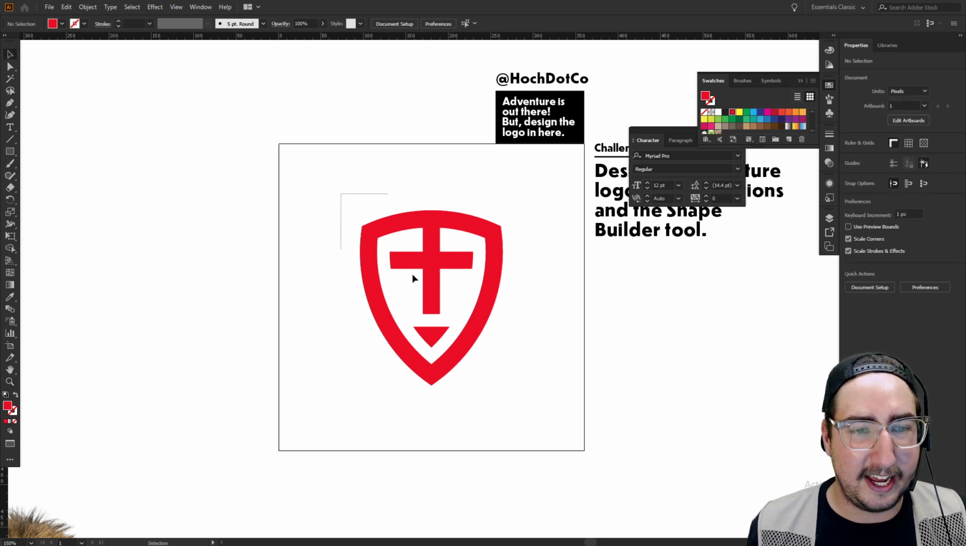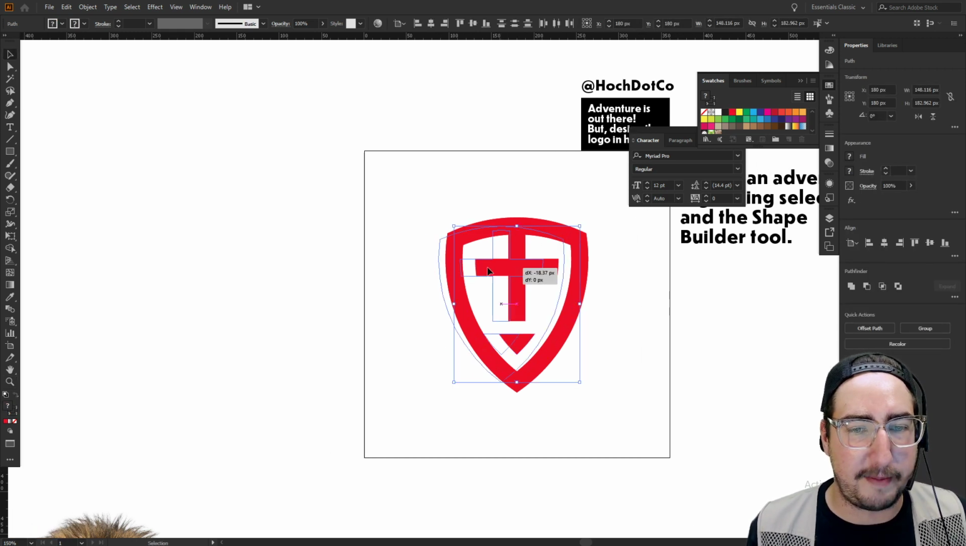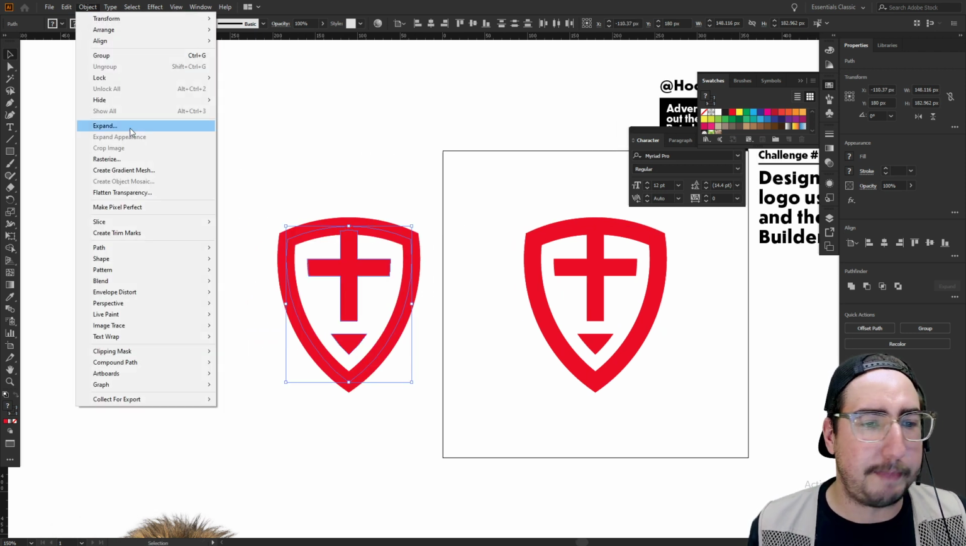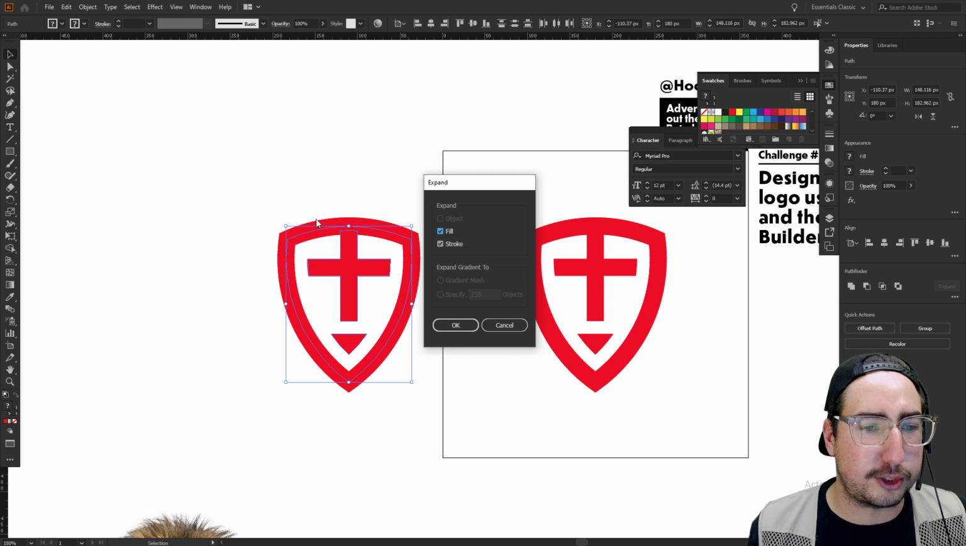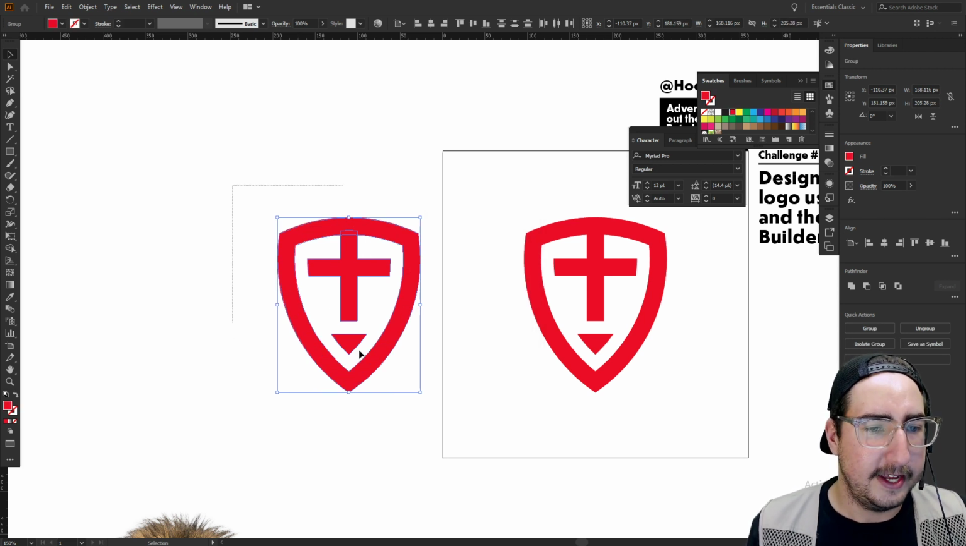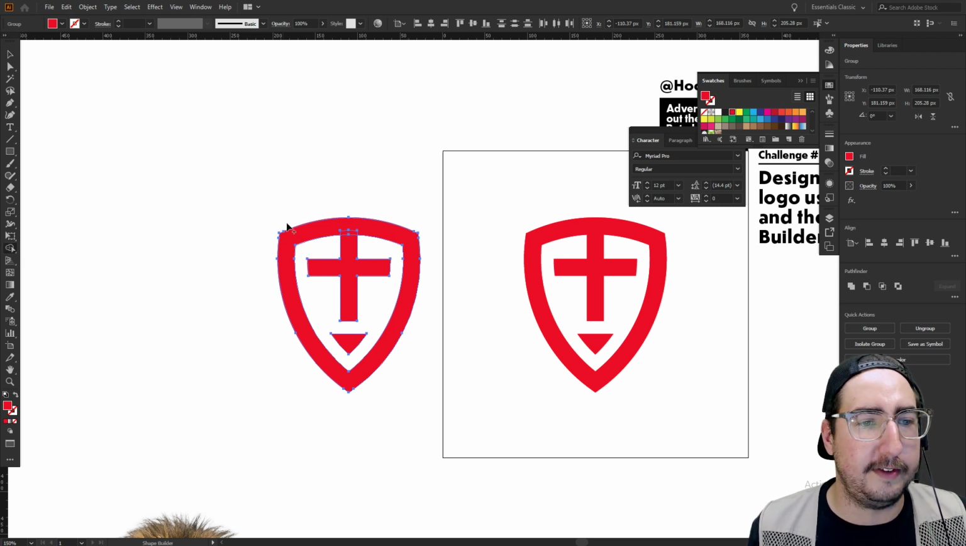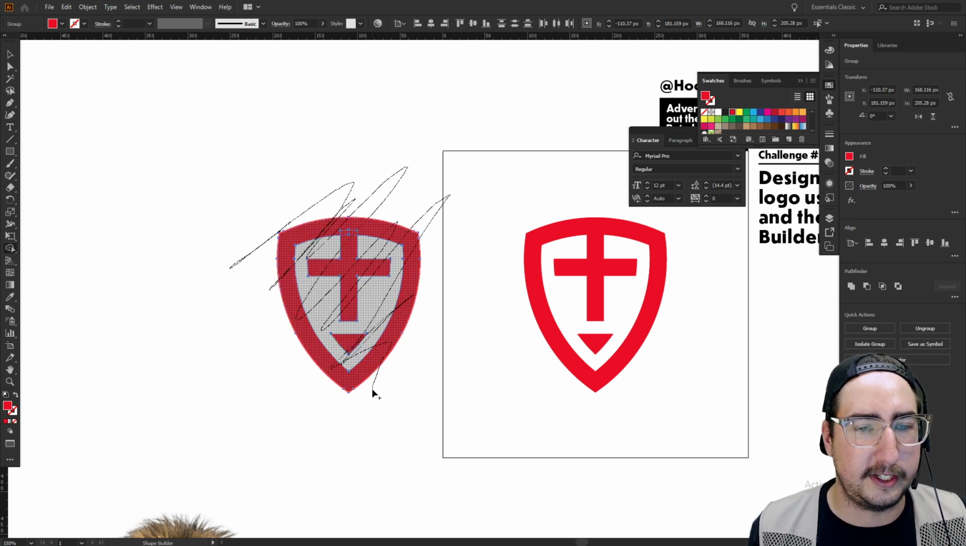We did it. And I'm going to do one more thing here just real quick. I'm going to make a copy of this over here. I'm going to go to Object and Expand. And what that does is it takes your strokes, which this is a stroke here, and it turns it into a fill. Now I have everything selected. I'm going to come to the shape builder tool one more time. Instead of using Pathfinder, I'm just going to scribble over this because I want the whole thing to be one